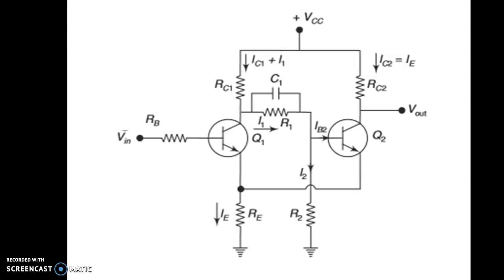So now let us see the condition of the transistors Q1 and Q2 when no input is given. Before that, let us see some basics regarding this. Here we are going to use the transistors Q1 and Q2 as switches. When a transistor is on, its collector voltage will be equal to VCE plus VRE, and when a transistor is off, its collector voltage will be equal to VCC. And VBE equals VB minus VE.